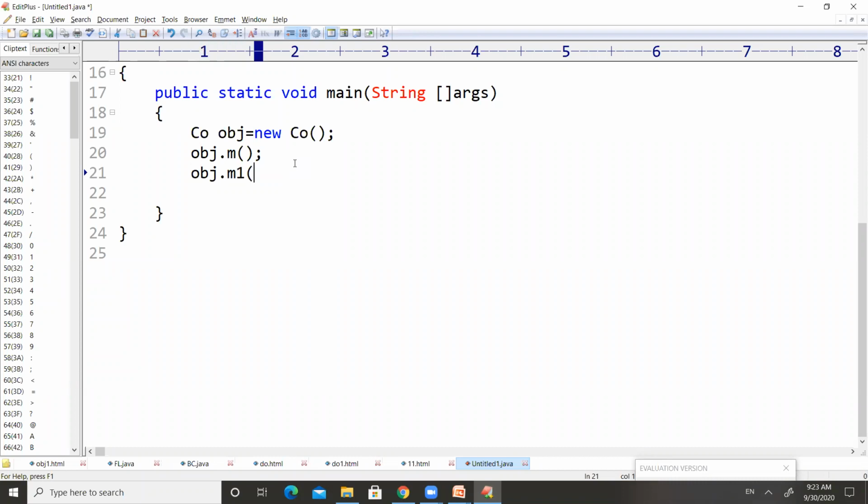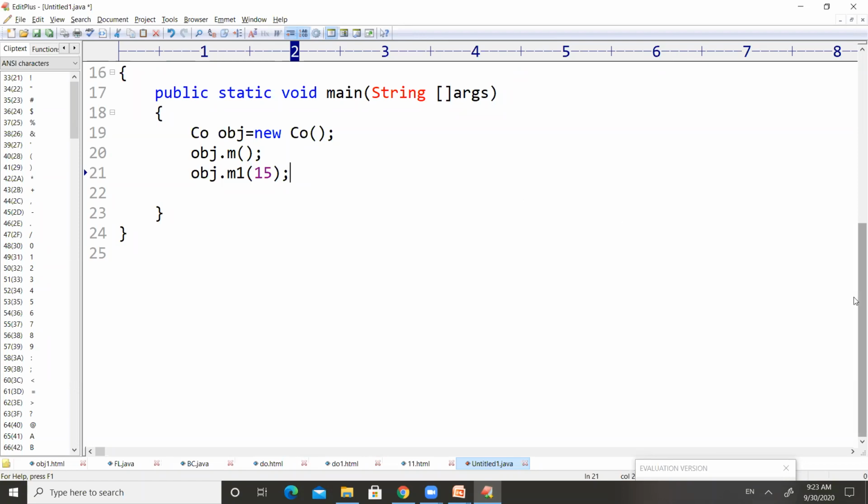To execute m1 we need to pass any integer value. We have some range for the integer, from minus something to plus something, and in between those values we can pass any value. For example, I want to pass 15 and call this method m1. This is how we can make a call to the methods.